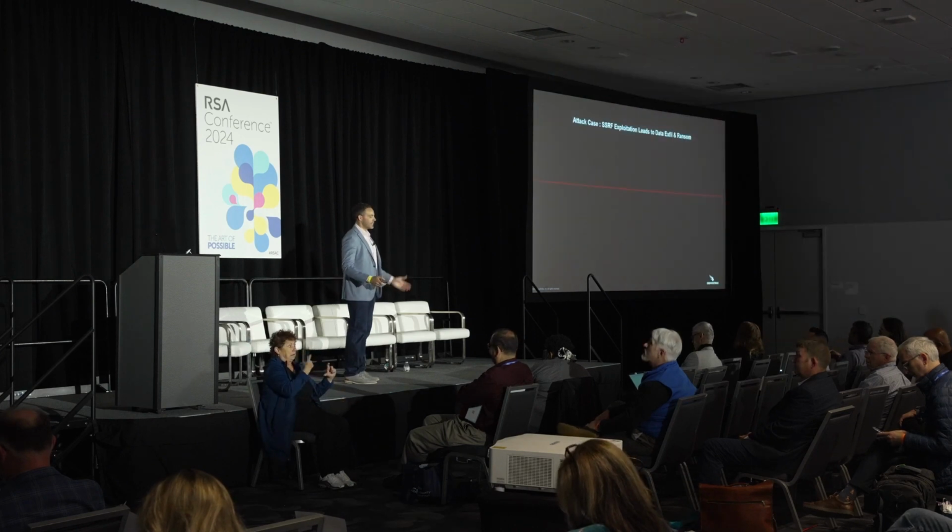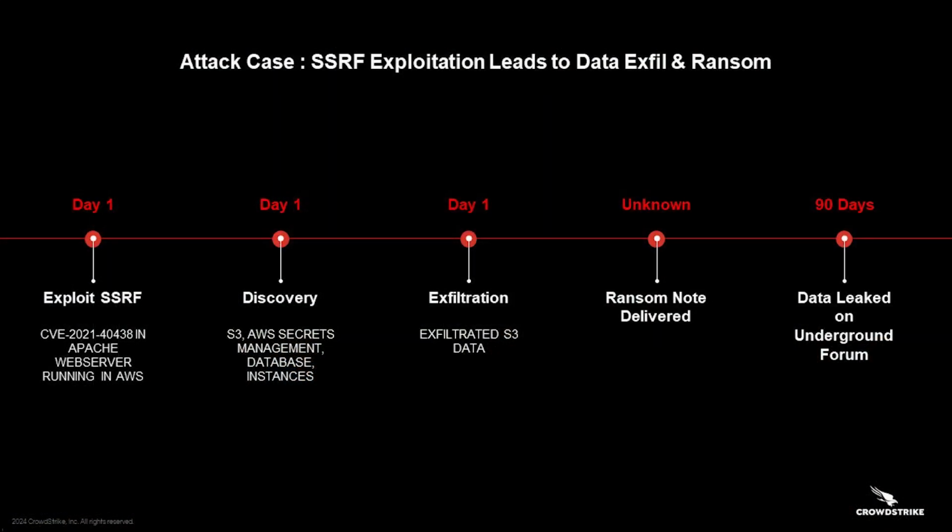This is basically what the anatomy of an attack would look like, right? Server-side request forgery, an Apache server being exploited. Once that adversary, this specifically being Scattered Spider, discovered things like the S3 buckets or the misconfigurations or the access that they have within this control plane, they exfiltrated a tremendous amount of data and delivered a ransom note to their target to say, listen, Mr. or Mrs. Victim, we have your information, please pay us or it's going to end up on a DLS, a data leak site. And it ultimately ended up on a data leak site within 90 days, after the victim refused to pay.